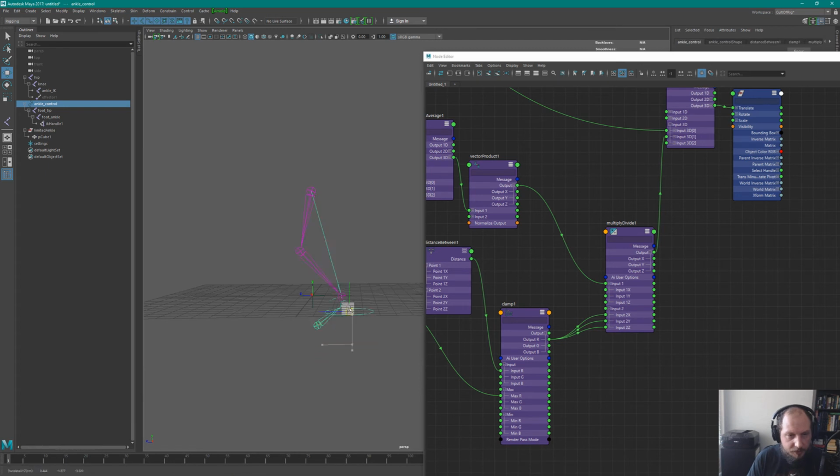So what's happened here now is that we have the desired effect. So if it gets closer than 3 units, this is going to be normalized and then multiplied by a minimum of 3 and staying there. If we exceed the length of the chain,